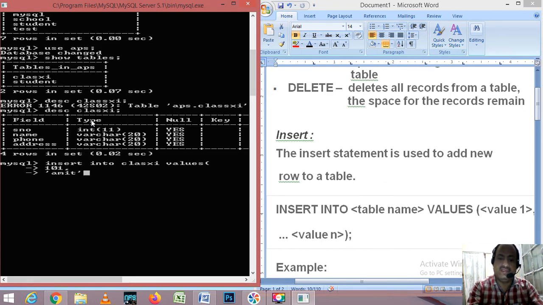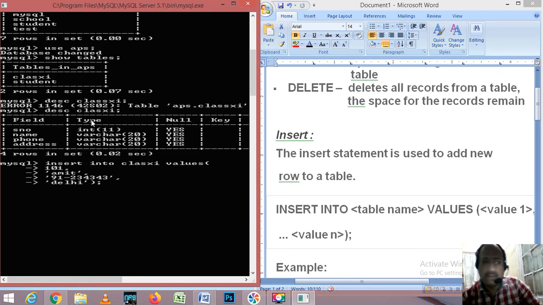The next one is phone. You can write a phone number, which can be 91 dash these digits. You write this again in quotes, put a comma, and last is address. You have to write 'Delhi'. Put a semicolon. This semicolon is basically for the execution of your query, and press enter.